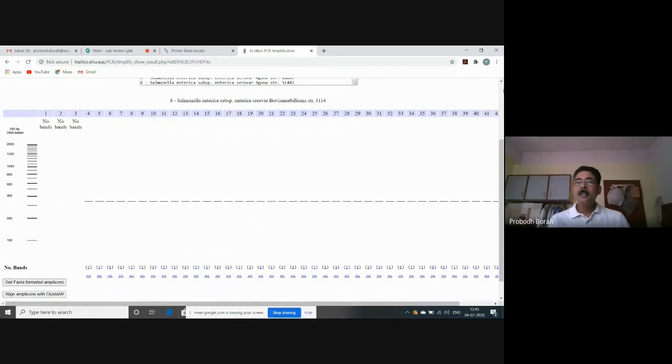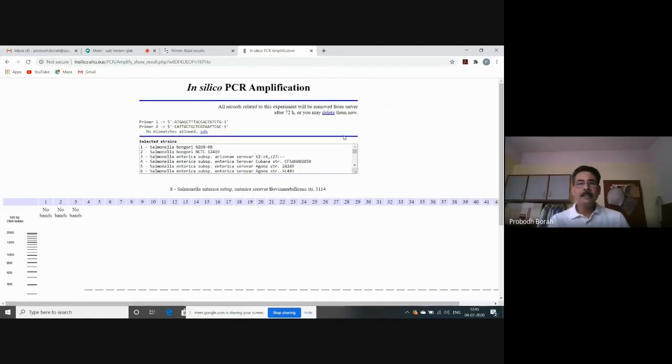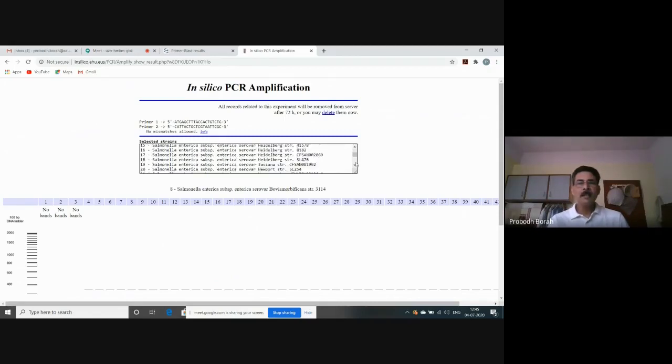Why? Because what are the first three? We'll go to this list. Number 1 is Salmonella bongori. Number 2 is Salmonella bongori. Number 3 is Salmonella enterica subspecies arizonae. So subspecies arizonae is not our target. Our target is subspecies enterica. That's good. All others are Salmonella enterica belonging to different serovars. Typhi, Typhimurium, then many others: Paratyphi, Pullorum, Paratyphi A, B, Newport, Give, Heidelberg, Gallinarum, Dublin, Enteritidis, Bovismorbificans, Berta, Agona, Choleraesuis.